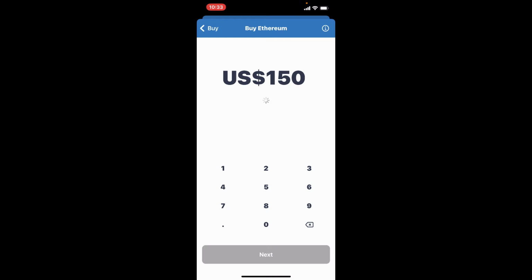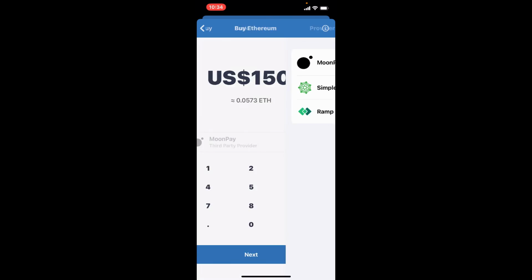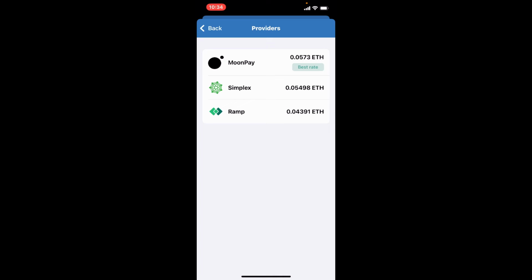With the help of your keypad, it is showing me that with $150, I'll be able to buy this particular worth of Ethereum, which is displayed right beneath the amount that you just typed in. Now, select your payment service provider right beneath. Now, depending upon the coin that you chose, Trust Wallet will connect you to MoonPay or Simplex. Simply go ahead and search what kind of a payment method provider that you'd like to select